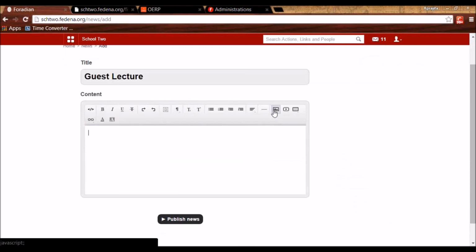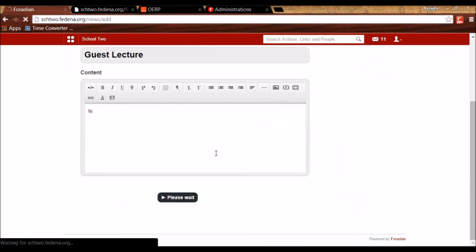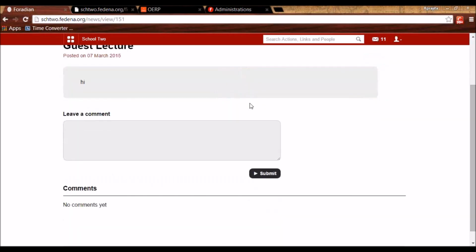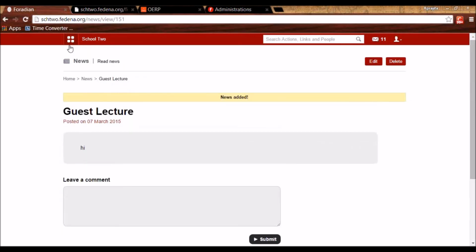We can have a video, we can have an image that can be inserted, or we can have any kind of text here. We can publish this news and all the users will be able to see the same in their dashlet under news section. Anyone can comment on it. If the comment approval is on, the comments will be shown only when the admin approves the comment.